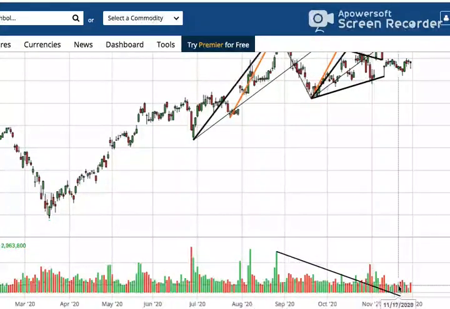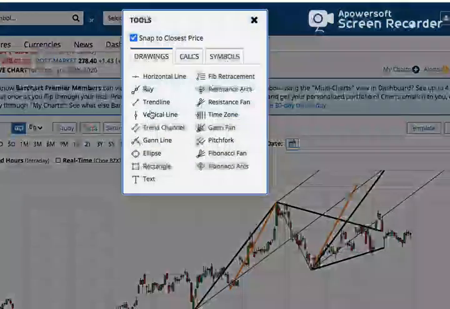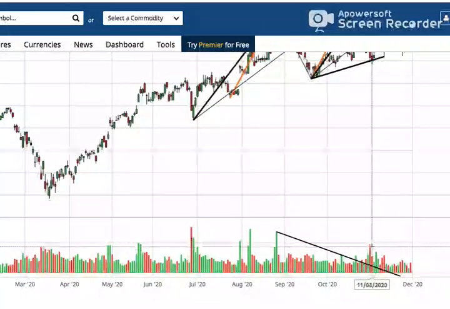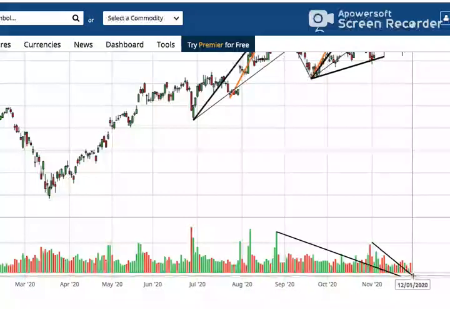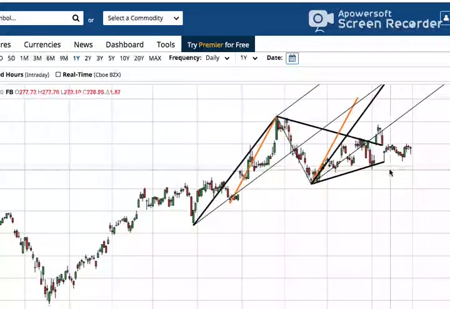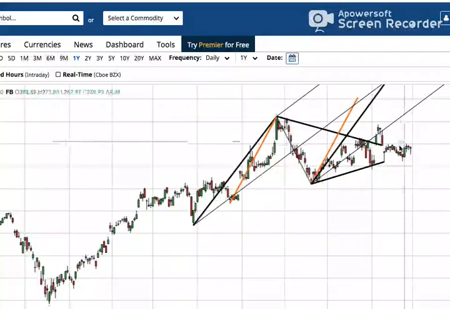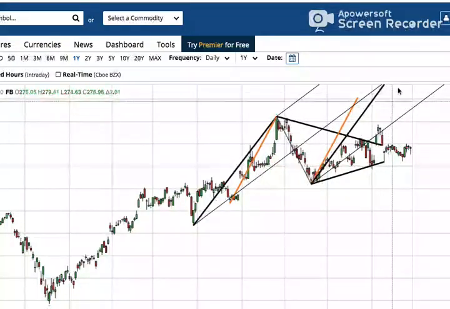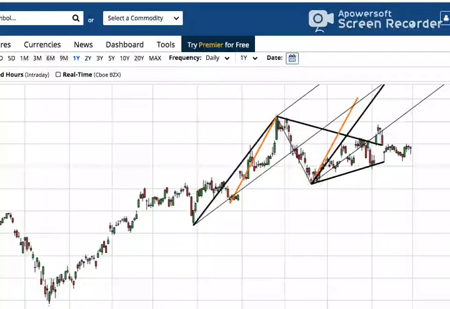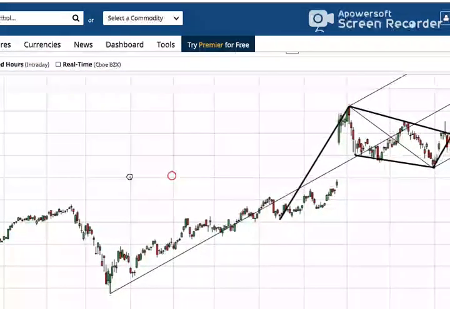Very textbook selling climax. I could draw another declining trend line. It looks like we had the final thrust of selling that we need, and we're ready for Facebook to go to the lower bound of this pitchfork, like Apple is doing, and then reach the median of this pitchfork, like Tesla has already done. So let's look at Salesforce real quick.